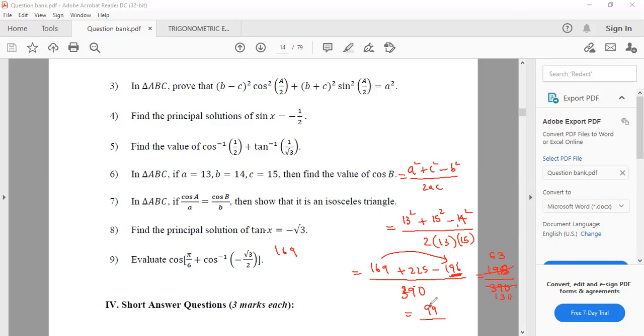$63 upon 130 बराबर है कि नहीं? सर 3 से 66 divide किया, 66 होगा ना सर? 66. Yes sir. So 33 sir, upon नहीं 65. 75, 65, 61. और हो सकता है. Yes sir. That's all, no? याद करके देखो ऐसा कैलकुलेशन होता है. You have to write in least form.